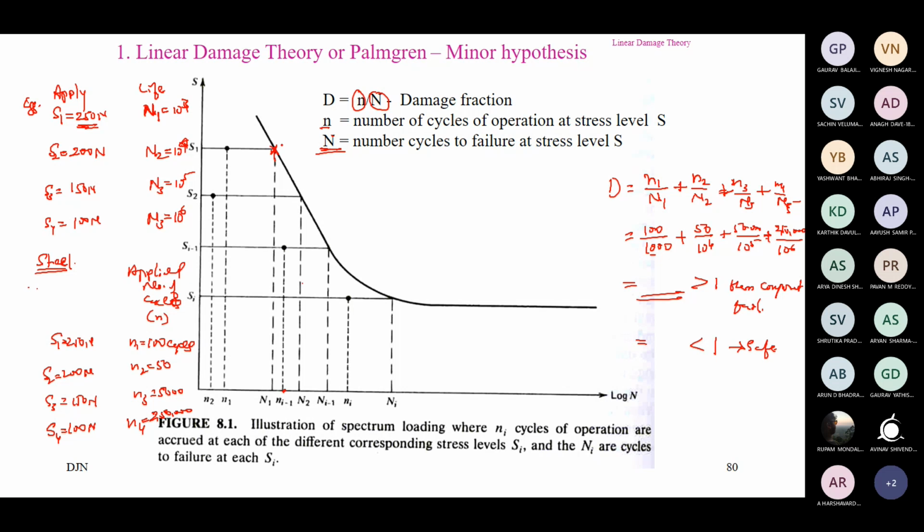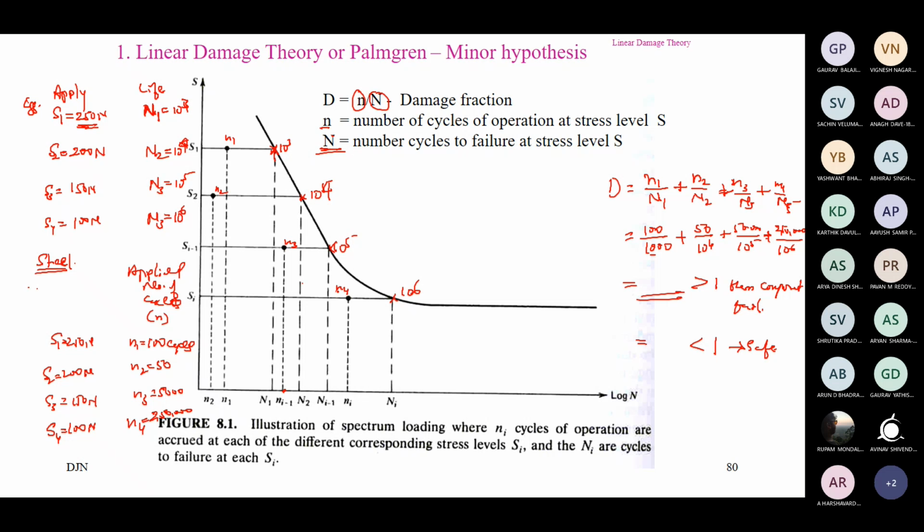So here the life is 10 to the power 3, this is the life for 10 to the power 4, 10 to the power 5 and 10 to the power 6. These are the lives at the defined magnitudes, where you are applying only this many cycles, n1, n2, n3, n4. The practical application is such that only these numbers of cycles have been applied on the component. That means we have not crossed the S-N diagram limit, we are within that limit. But some damage is there. How much damage?